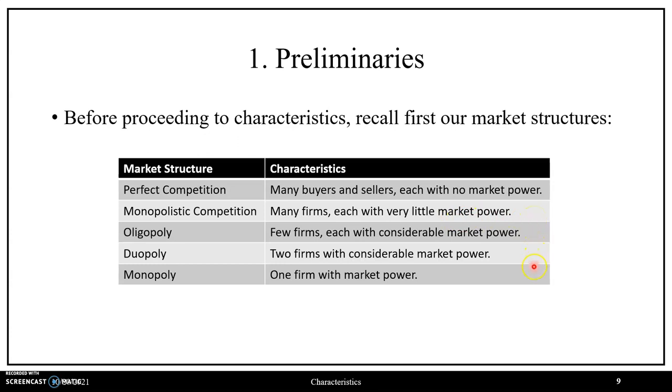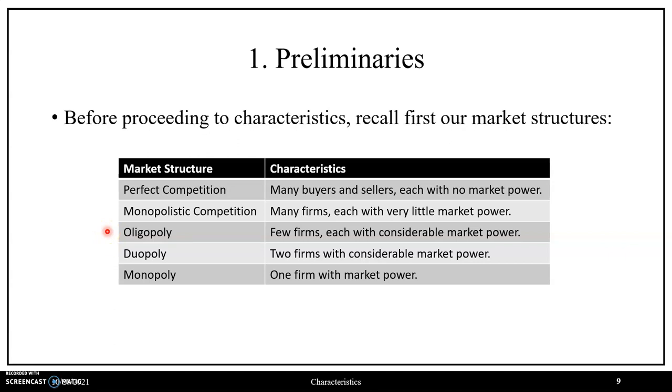As fewer firms are in the space, market power is increasing, so we see an inverse relationship between the two, and the number of firms in the space will be a determinant of that. In terms of these in-between market structures, the first that we seek to consider is the oligopoly market structure,